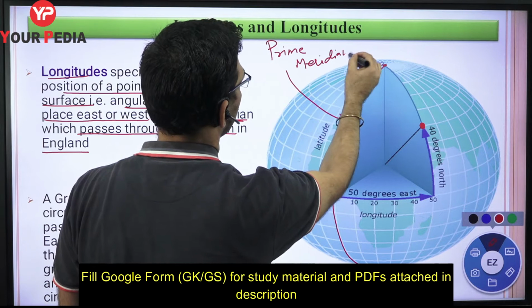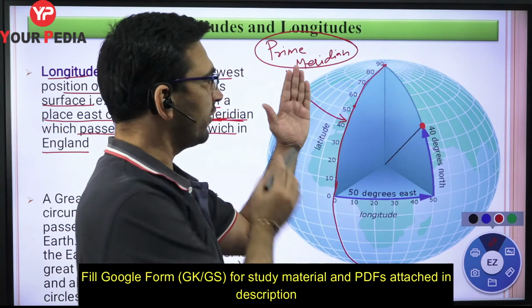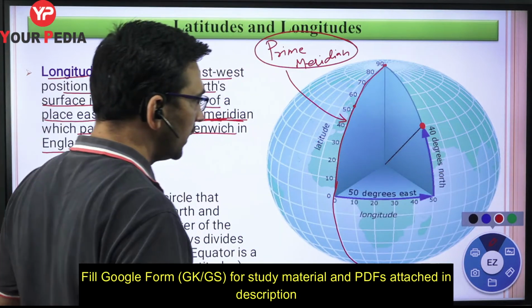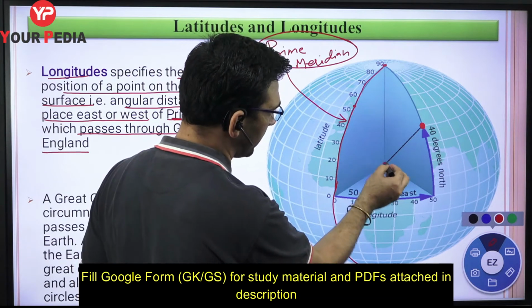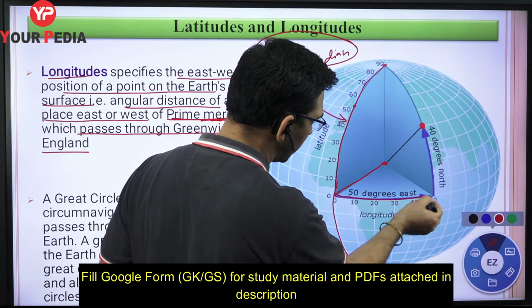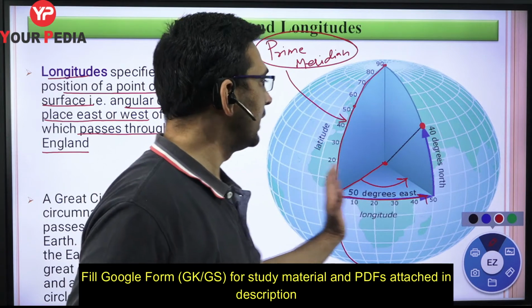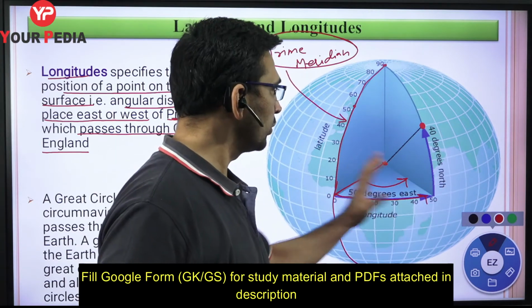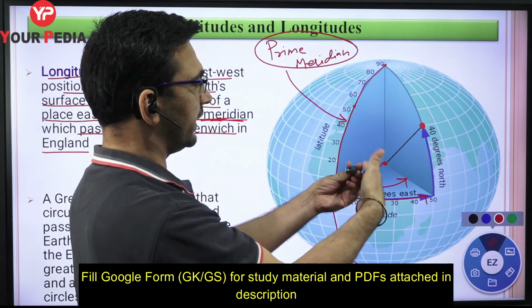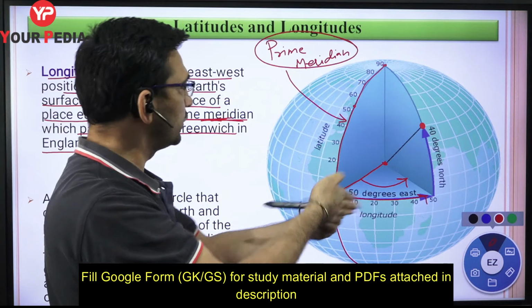So if we take that reference, then from this reference, if I move towards the east or west, you already know this is going to the east and this is going to the west. When I move angularly from the center, and you have this line, and I move this line this way, then this angular position is what I will call a longitude. Longitude in which direction? Towards the east. Whereas if I take that angular position towards the west from this reference, then this is going to be the longitude towards the west.